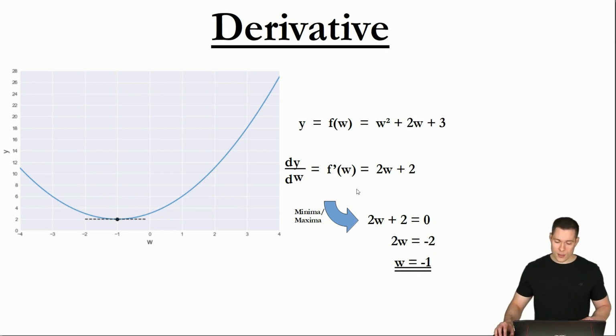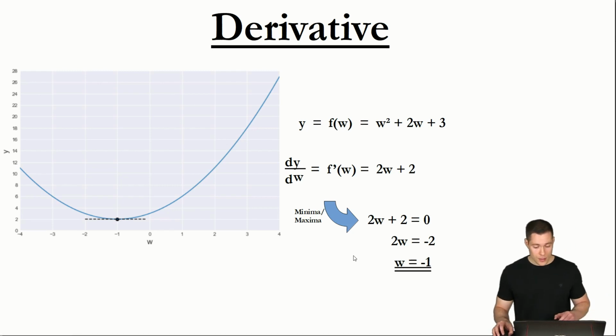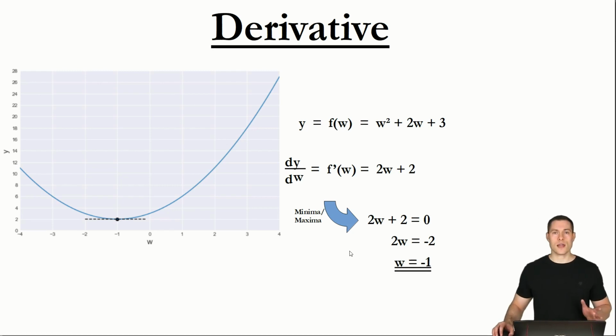And this way of doing that is called an analytical approach, because we are taking the equation for the derivative of the function, and we are setting it equal to 0. And then we solve it for w by algebraically manipulating this function in such a way that the w is isolated on one side. But there are also cases where we can't determine the minimum of a function with this